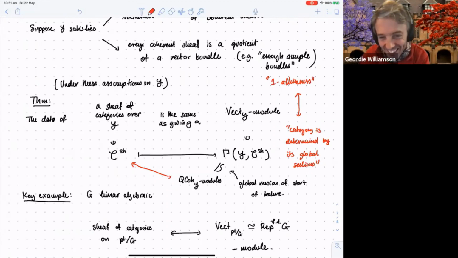So the questions keep on going. Can I think of a sheaf of categories on Y as a prestack over Y, but you don't need to land in groupoids? I would say yes. A sheaf of categories in the sense that I'm talking about here is in addition a sheaf of categories in the kind of traditional sense, but we need more. Namely, we need that it's S-linear.